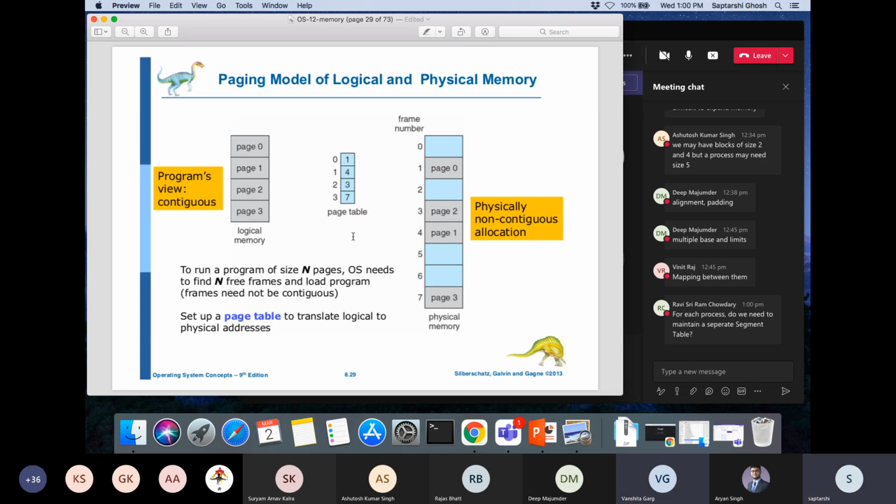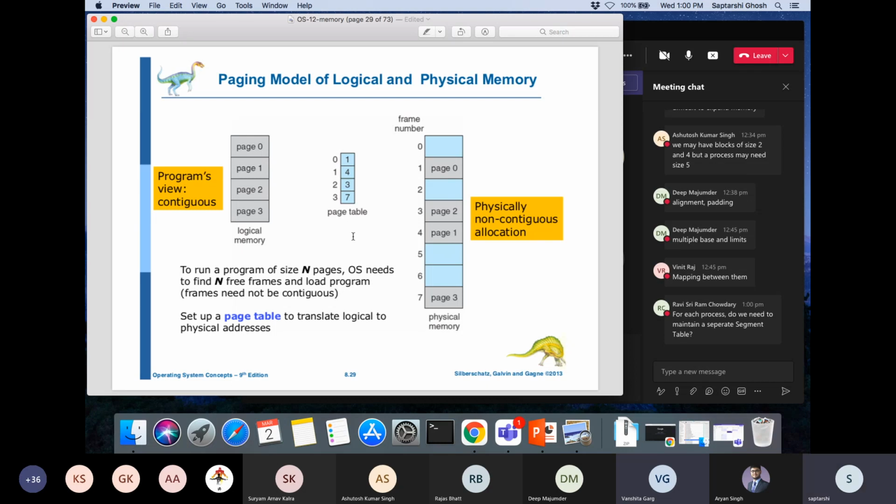Okay, Ravi is asking, for each process, do we need to maintain a separate segment table? Okay, you are asking about segment table, but let me answer with page table itself. I hope you understand that the answer here. So yes, so the thing is that